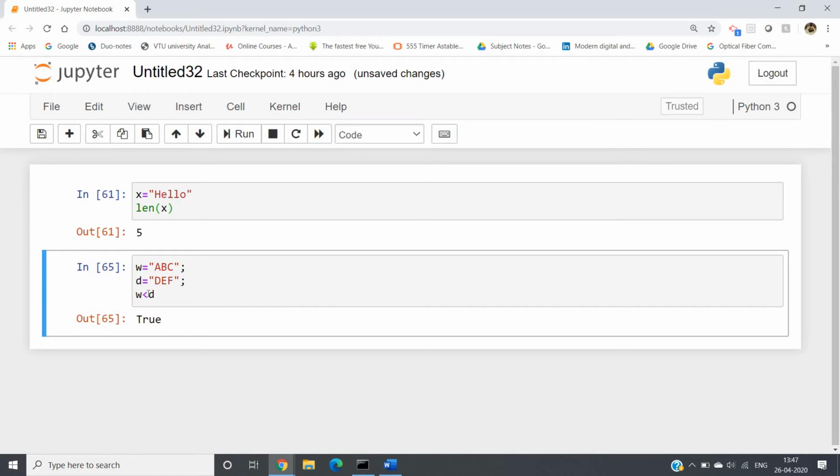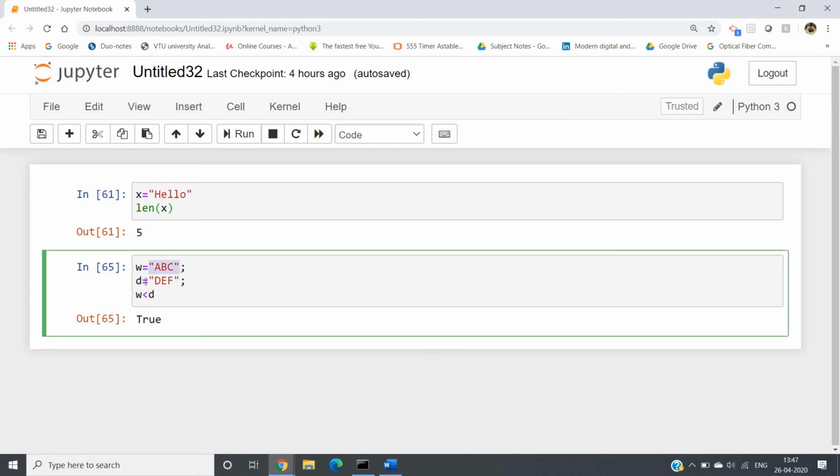Now, why this is happening? The string comparison happens based on lexicographic order. What is lexicographic order? That is dictionary order. Okay, in dictionary, whatever word will appear earlier, that will be treated as smaller, and whatever word will appear later, that will be treated as bigger.